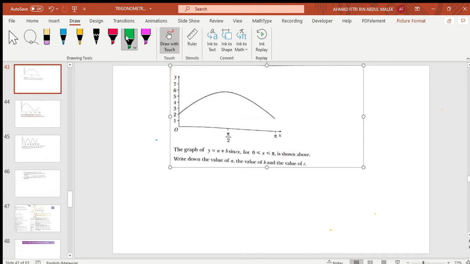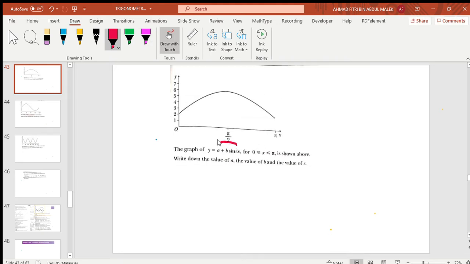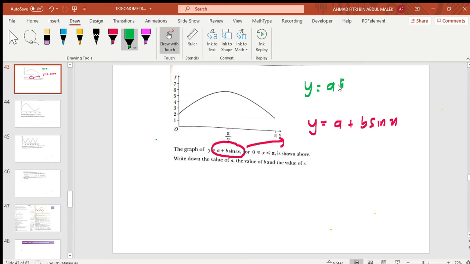So the first thing that you need to understand is, make sure that you know that now your equation is different. If I told you the general equation is a sine bx plus c now, you need to compare. A now is the b value. Okay, so b now is your c value. Sorry, tertinggal c value. Okay, ada c kat situ. Cx. So you compare with a correct